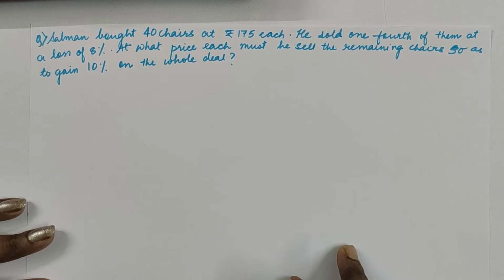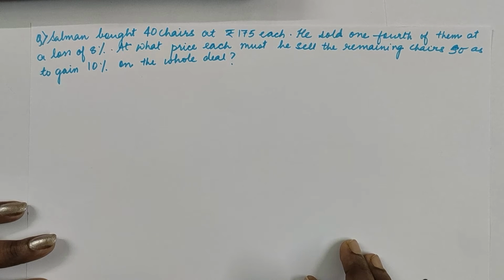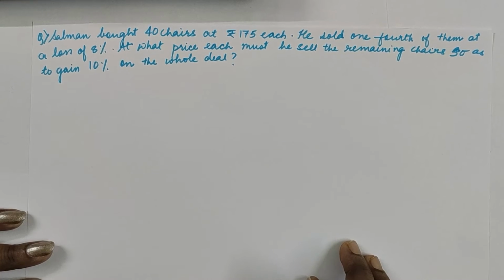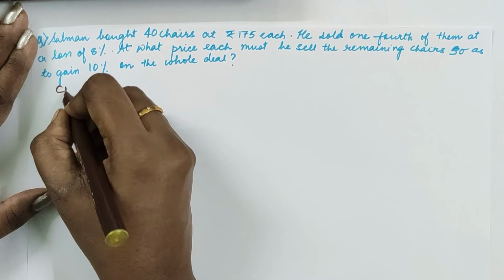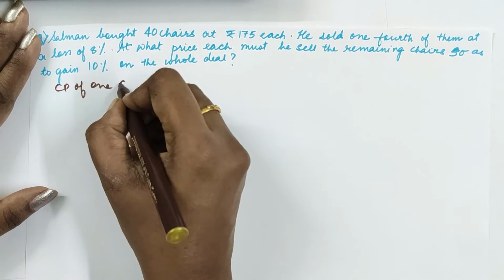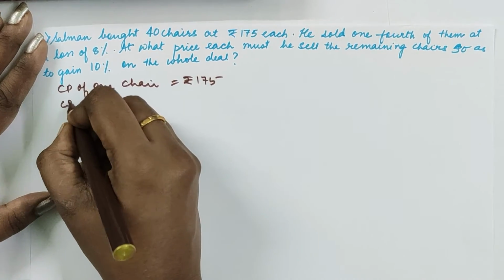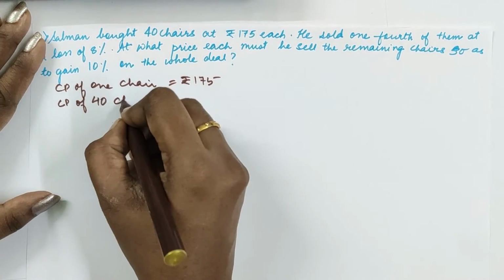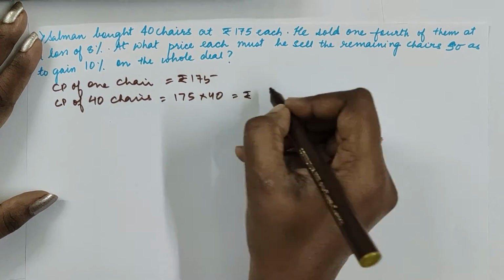Now Salman bought 40 chairs at rupees 175 each. He sold 1/4 of them at a loss of 8%. At what price each must he sell the remaining chairs so as to gain 10% on the whole transaction? So let us see what is the CP. CP of 1 chair is given as rupees 175. So he has bought 40 chairs. So the CP of 40 chairs is going to be 175 into 40, that is rupees